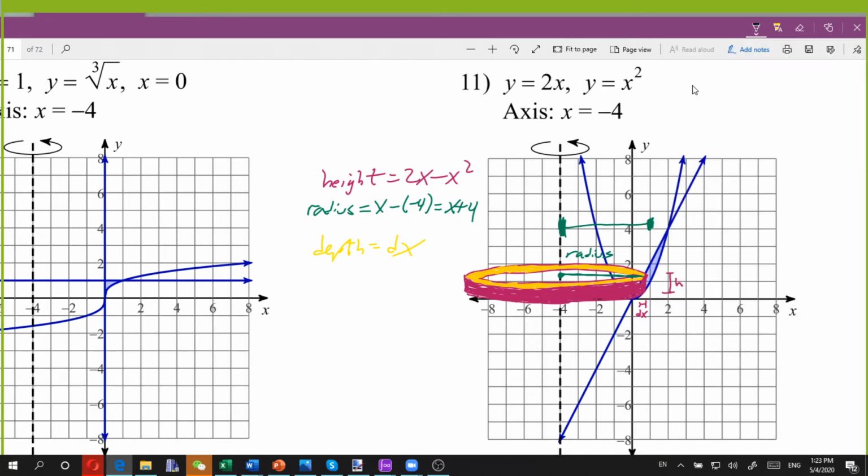Any questions on our height, radius, or depth? Okay, and we're going to plug that into our volume equation. So we could say our volume is 2 pi r, that's our circumference, times our height times our width, would make this a three-dimensional volume. Again, we get that by taking our cylindrical shape with a hole in it. And if I was going to cut that,